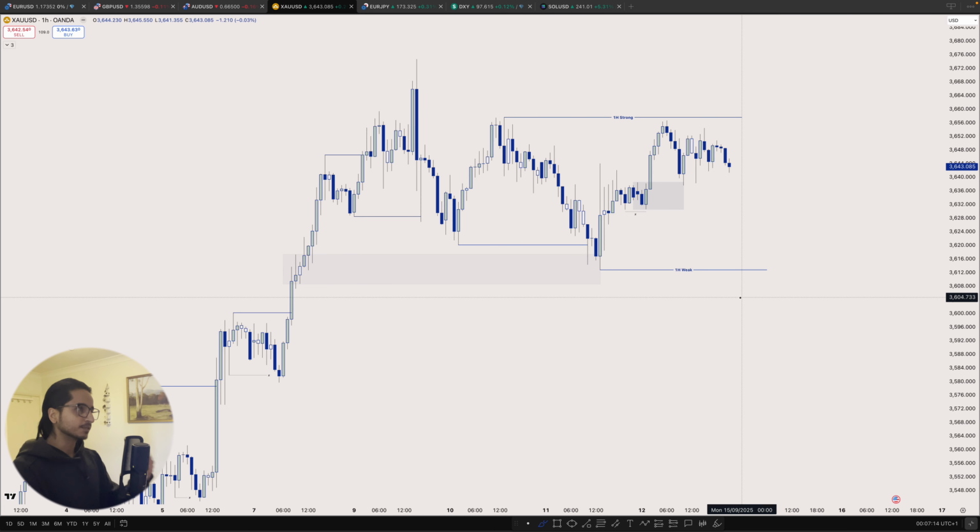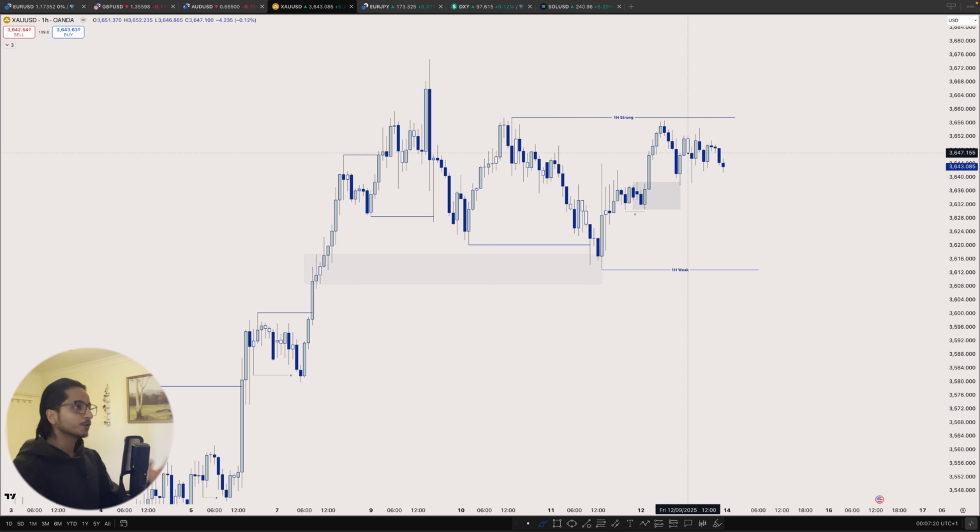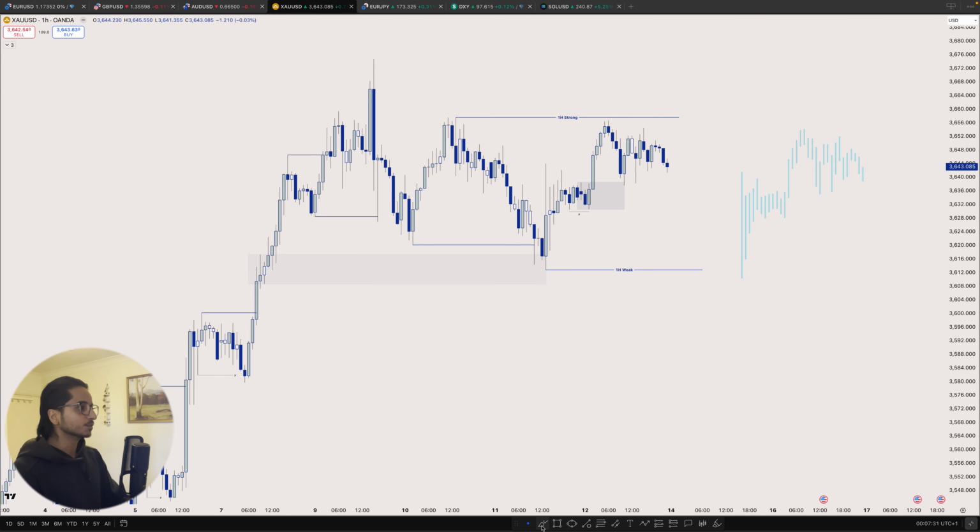From the daily and the 4-hour time frame, what were we saying? Since we are bullish, there were no signs of bearish intention. We're going to be focusing on the buys, and if you analyze this piece of price action, let's just use this tool. What do we have? We got an impulsive move to the upside followed by corrective price action, impulsive move, corrective price action. We have this liquidity target. Now this becomes a vacuum in the price.